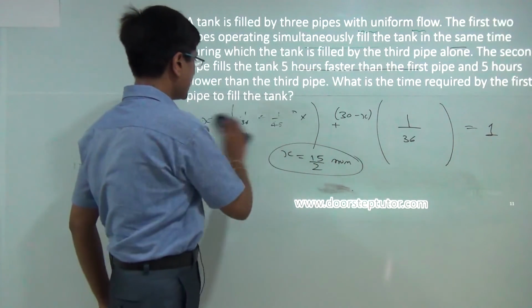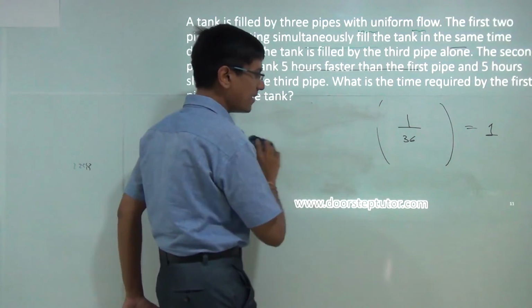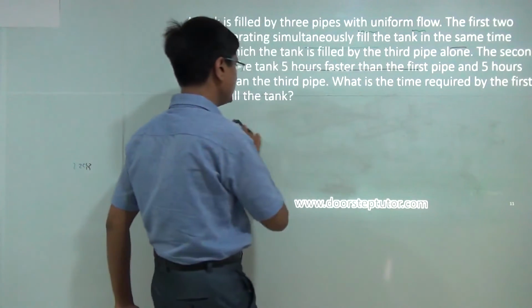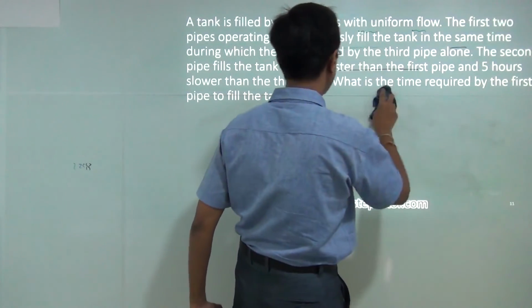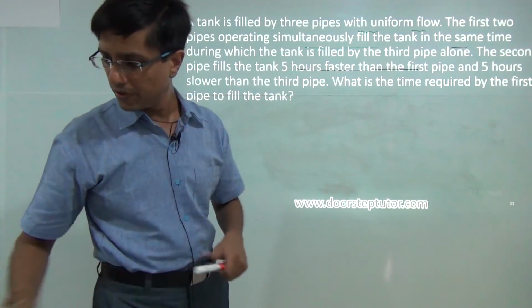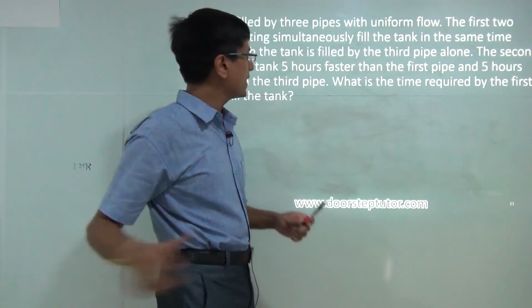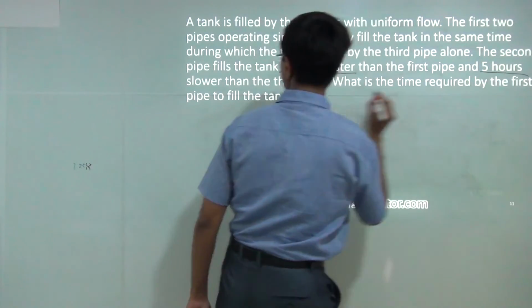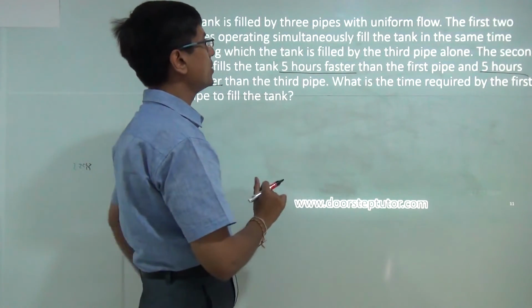Now here is another example. Again, I am not going to solve this example. I am going to go through this one with you and derive all the equations. I will give you the final answer also, but you are going to solve it yourself. Again, we have to go through all the maths here. We have a quadratic equation, we have to solve it, and we have to go through all the maths to arrive at the solution. But I still wanted to keep this example here because a lot of students get confused as soon as they read things like this: 5 hours faster and 5 hours slower. So how do we translate this language into an equation? I will just show you that.